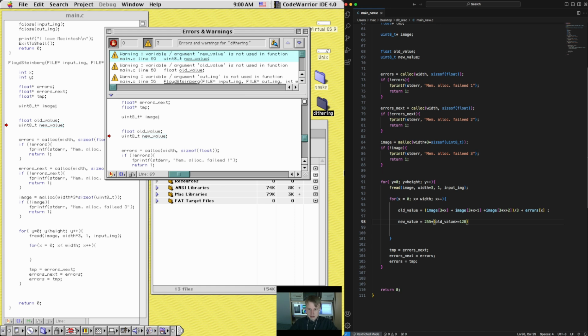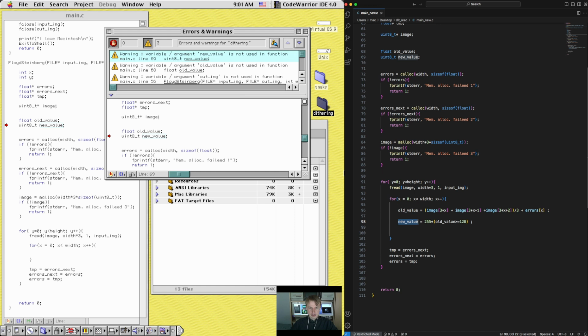And if it's false, then it's 0, and times 255, it will still be 0. So this is kind of a trick how to do the thresholding and how to get the new value in the same range from 0 to 255. Grayscale,